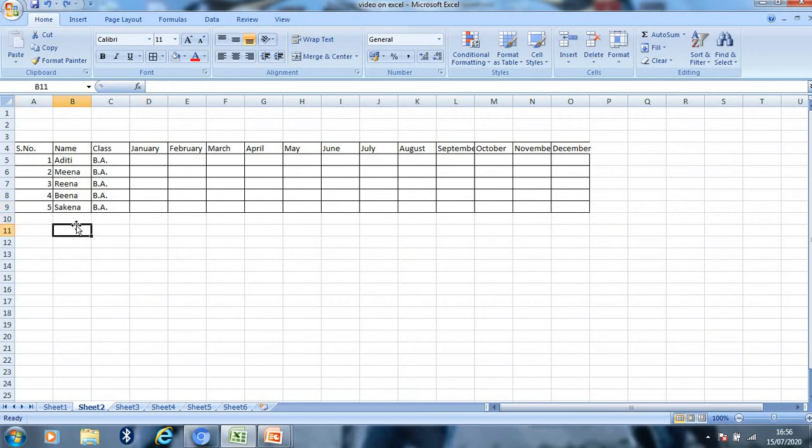For example, if I want to insert a cell below here, then in my table, if I want to insert a cell in between these cells, then click on the cell A7, select any cell after which you want to insert a cell, and then you see here the insert command.